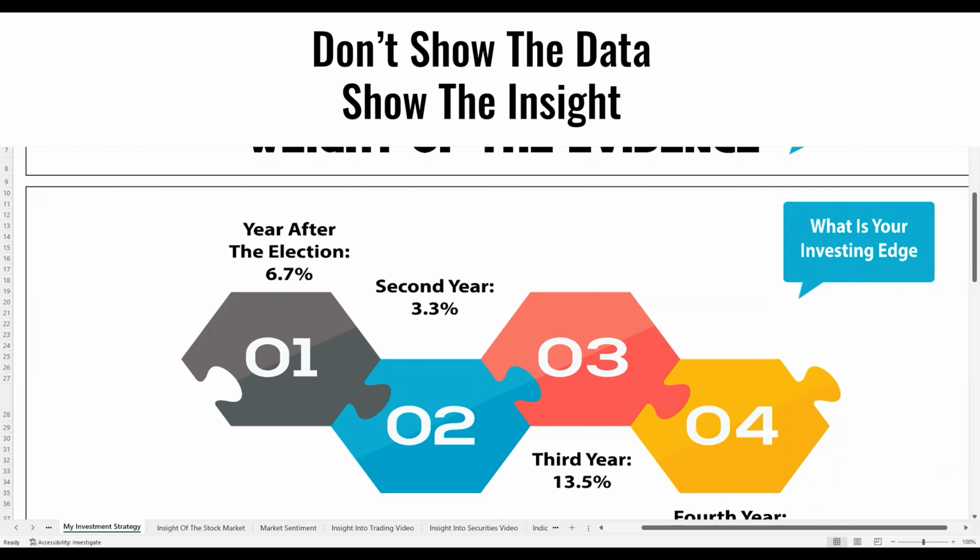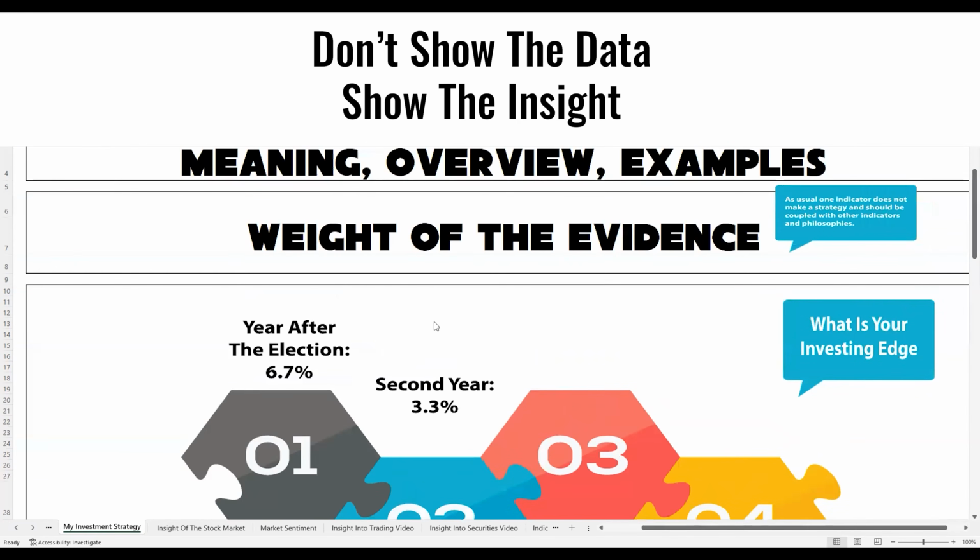The presidential election cycle is based on the belief that a change in the presidential priorities significantly influences the stock market. According to this theory, the stock market tends to perform the strongest during the second half of a presidential term when the incumbent president focuses on stimulating the economy to enhance their chances of re-election. Data from the past few decades appear to support the notion of a stock market surge in the later half of an election cycle, although the limited number of election cycles make it challenging to draw a definite conclusion.